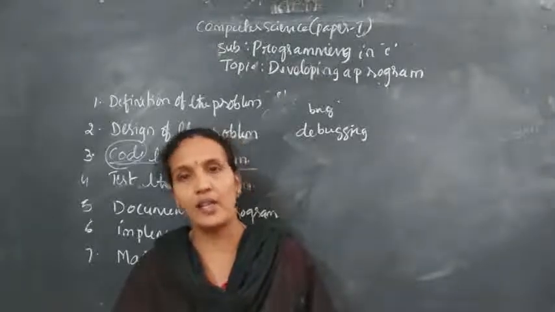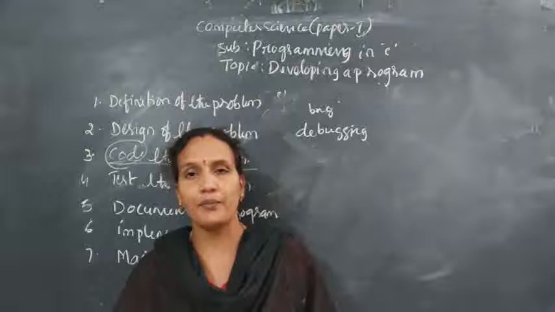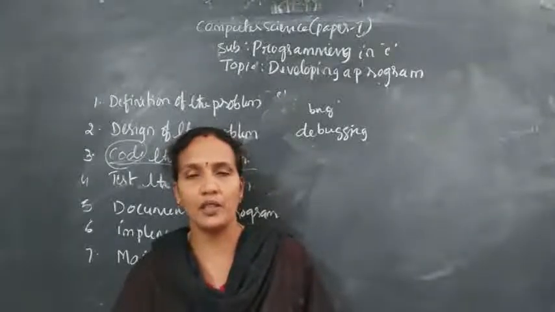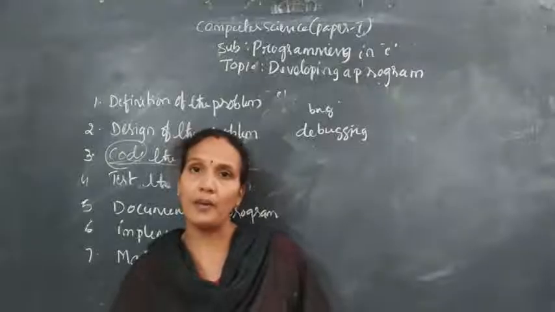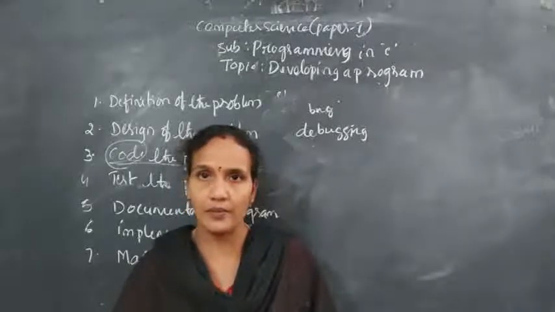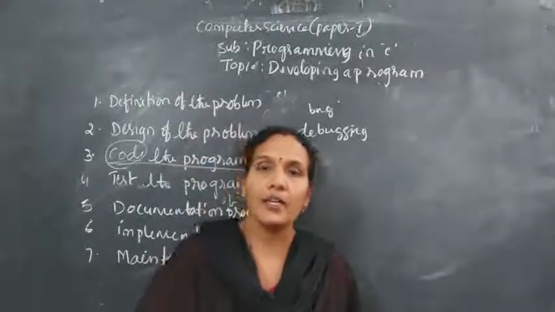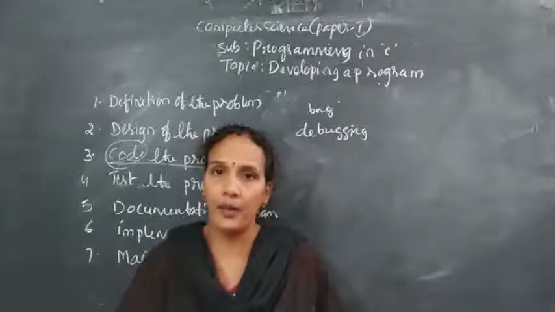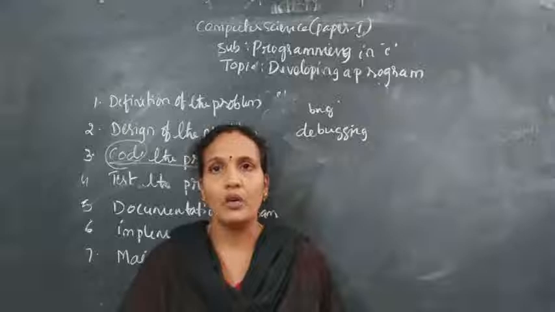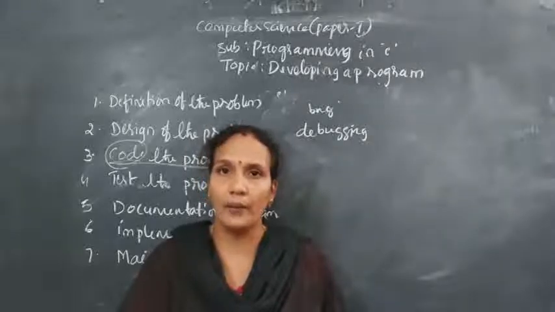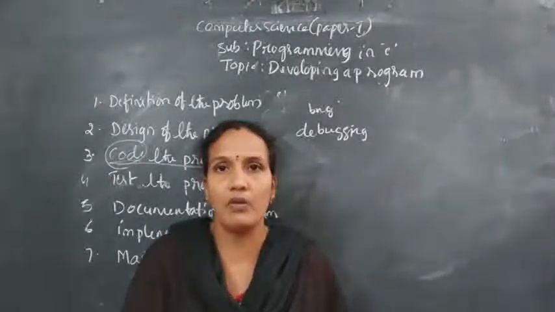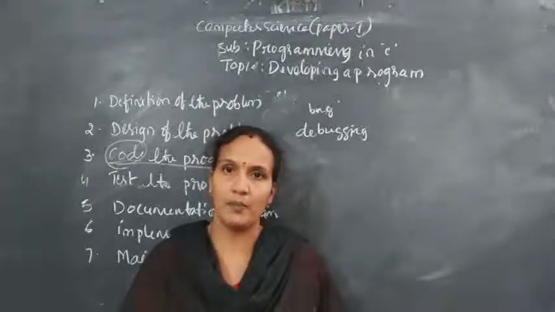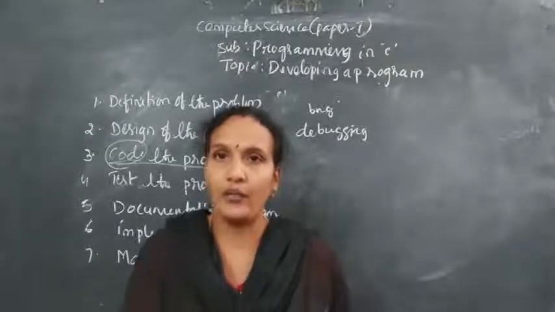So when you are writing a program, what is the procedure? What do you have to do? That is nothing but developing a program. Developing a program consists of 7 steps. Okay, what is the first one? Defining a problem. In defining a problem, what do we do? For what purpose are you writing a program? You need to give clear information about what inputs you have and what output you are expecting. That is nothing but defining a problem.